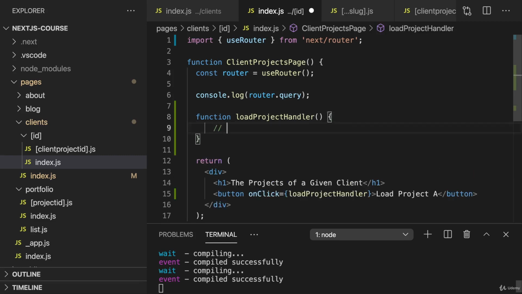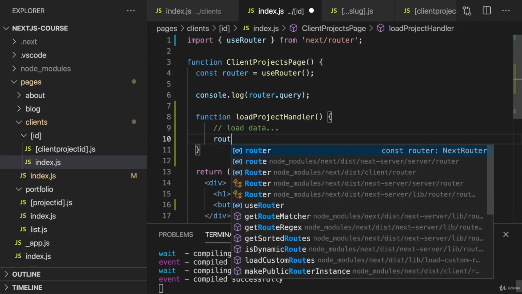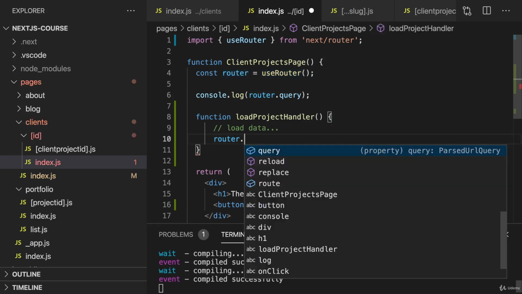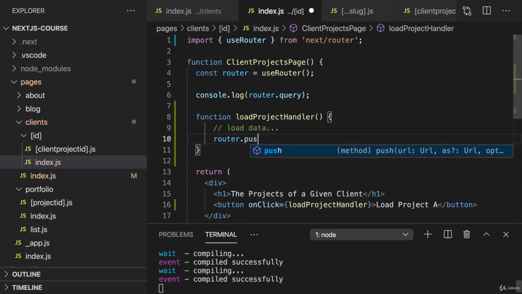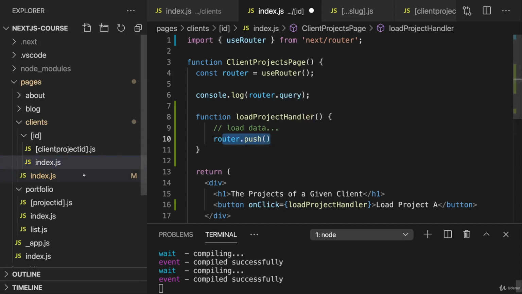Now in this function here, we might be doing all kinds of things, load data or anything like that. And once we're done, we want to navigate away. So when we do need to navigate in code, like we do here, then we can again use this router object, which we get from useRouter. And this object has a couple of properties, a couple of values we already saw before, but it also has a couple of methods that help us. For example, it has the push method to navigate to a different page. So using router push is like using the link component, just programmatically. And therefore here we can then go to